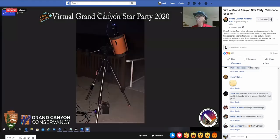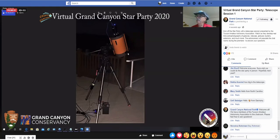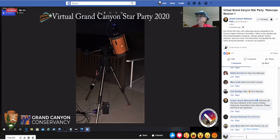And here you can see the telescope mounted about 50 feet outside of the building that I'm presently in. And this telescope is a Celestron C8 or 8-inch telescope. It's mounted on a Celestron AVX go-to mount. This is a motorized mount. And then up above,